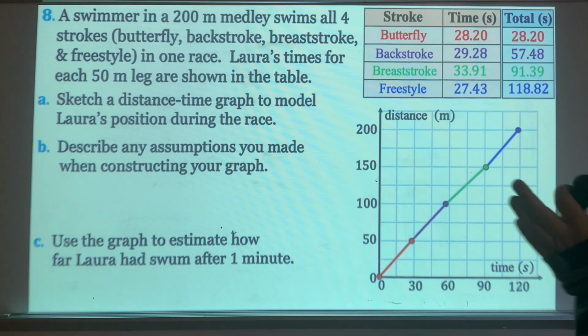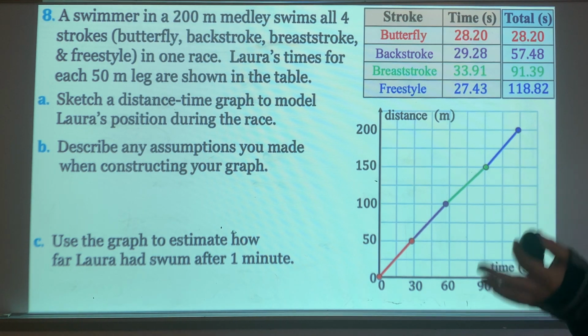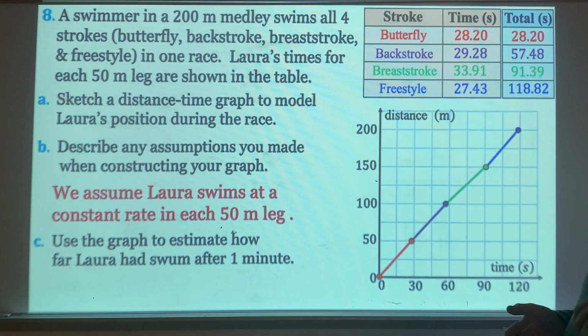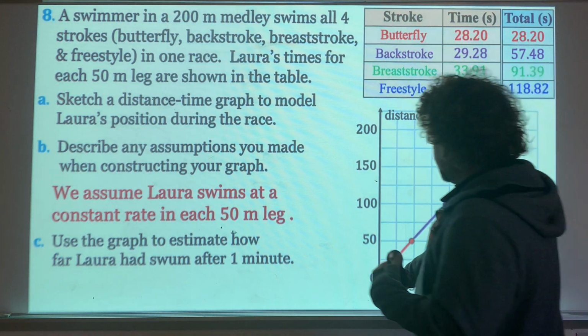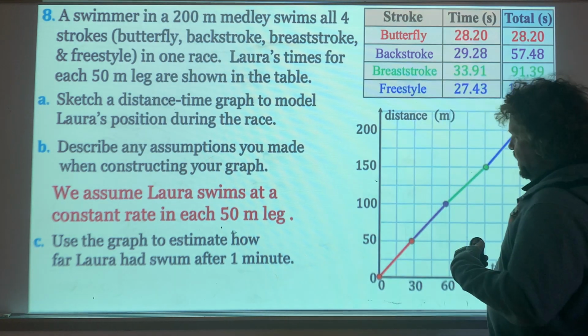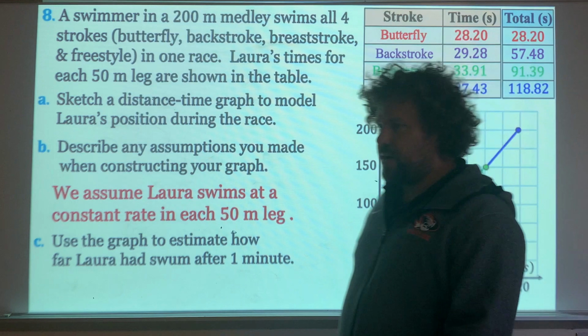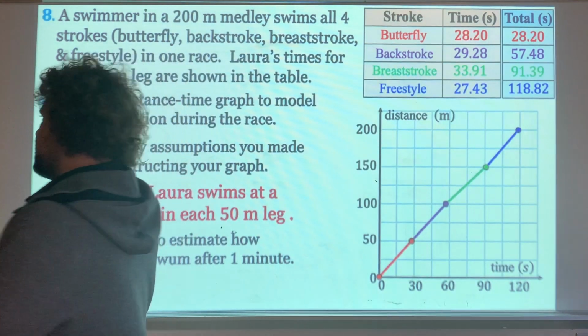So B, any assumptions did you make when completing this graph? Of course you made an assumption. You assumed that she was swimming the same rate each 50-meter leg. You assumed that she started and ended at the same rate. Otherwise, you would have like an exponential graph, which is more realistic, but we're just doing